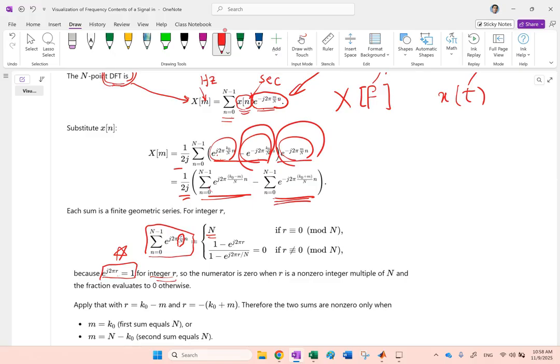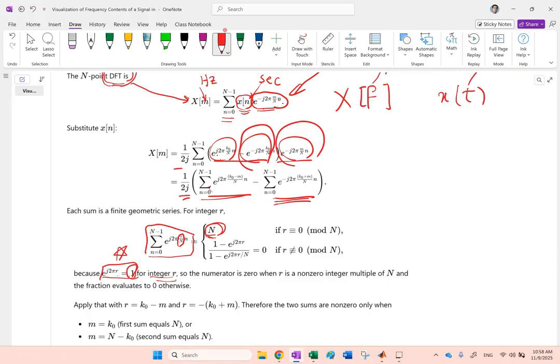Since n is an integer, all of those terms are integers, and since you have n of these terms, you are adding n ones, you get n. Otherwise, if this modulus is not 0, then of course